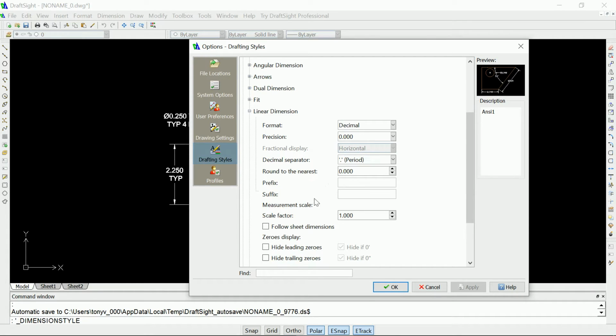This is United States, so I use a period. Some countries use a comma, and you can change it if you want to a comma here. Scale factor of 1, and